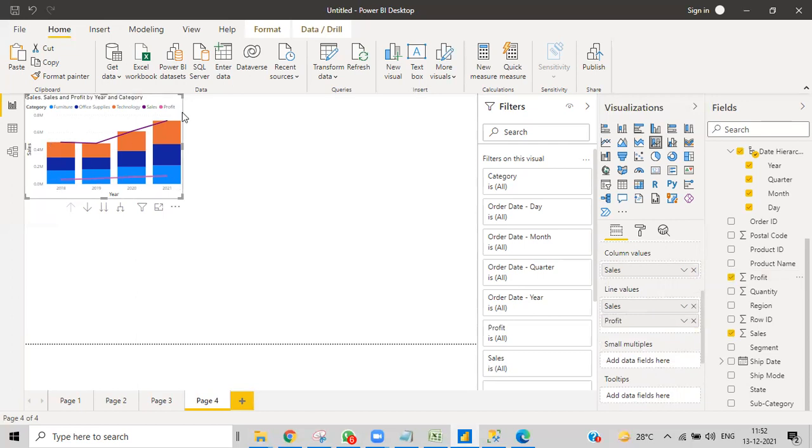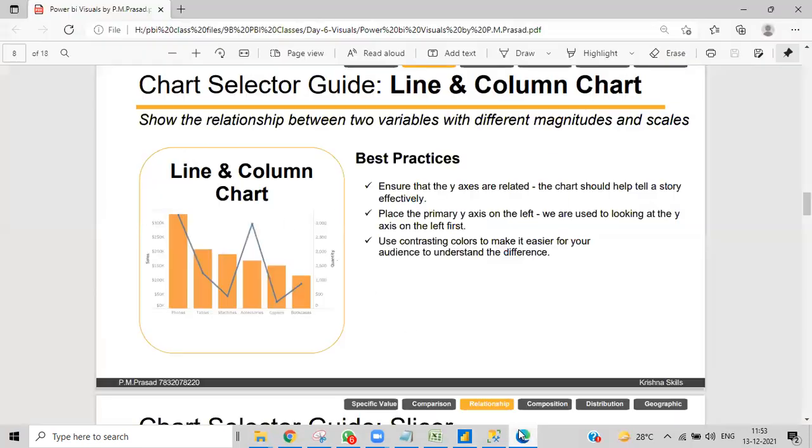So obviously profit will be a part of sales. It's not the whole. The TV will be 10,000 rupees or 20,000 rupees, and the profit in that will be about 1,000 rupees. So we need to understand whether whatever things we gave are proper to display this or not. Based upon that we'll choose that particular visual. Okay, and then the line I will go into this one.